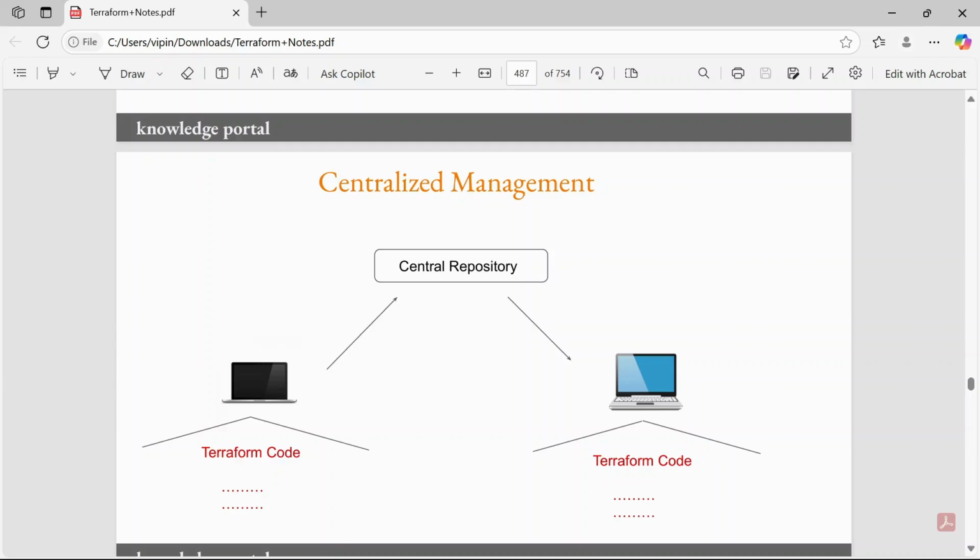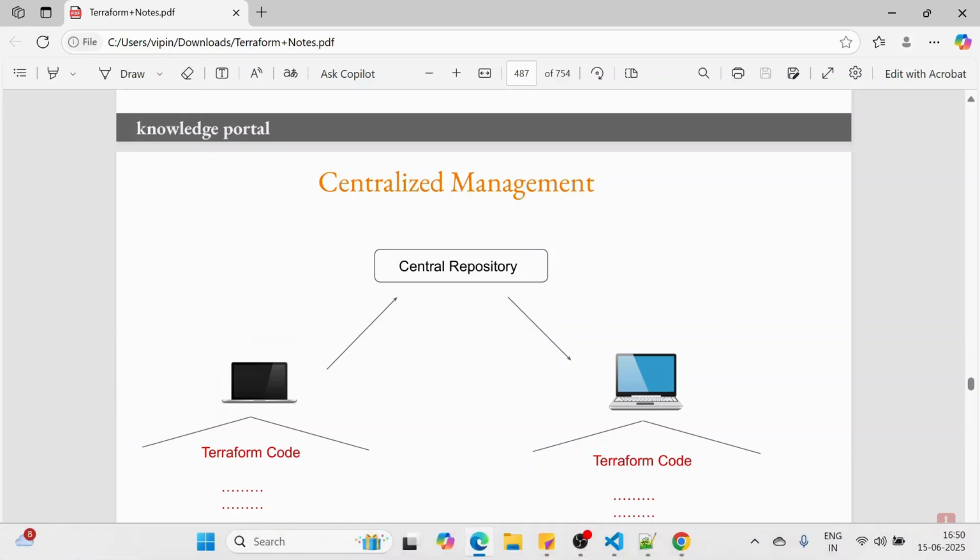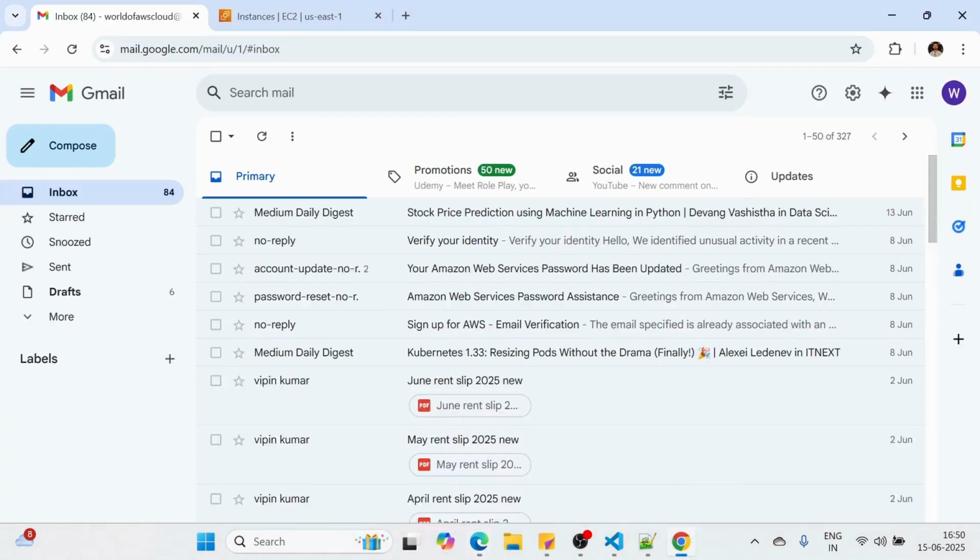Okay, so this is how a central repository helps us with team collaboration in Terraform and some other use cases as well. So let's go ahead and see it practically so that you can easily understand what exactly I am talking about.